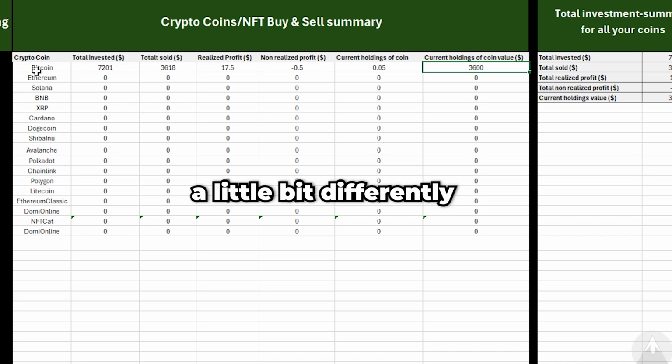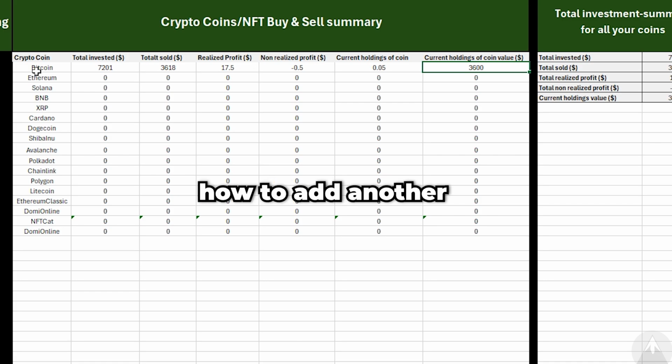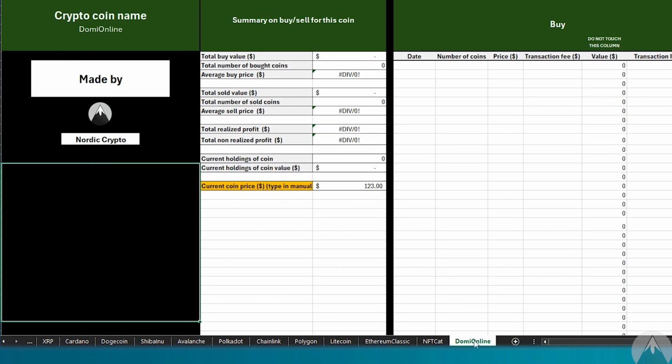It works a little bit differently for NFTs and airdrops, and that I'll show you soon. But first, I will show you how to add another coin or token. First of all, you scroll to the sheet the furthest to the right, and we duplicate the crypto coin sheet